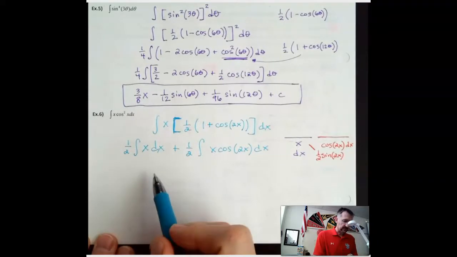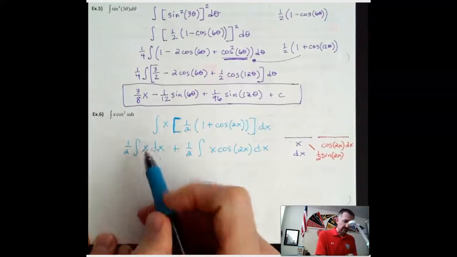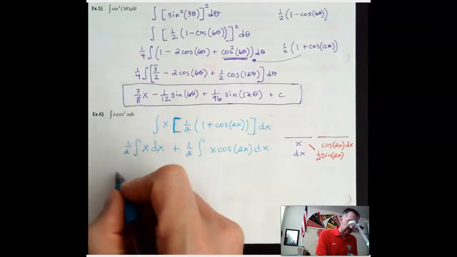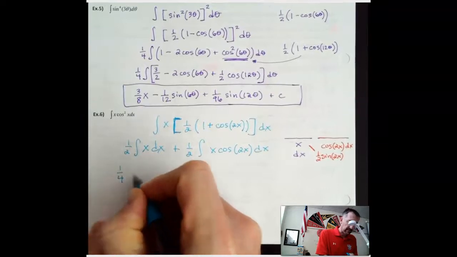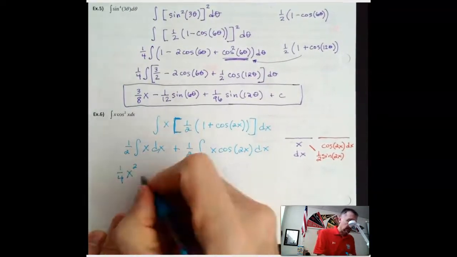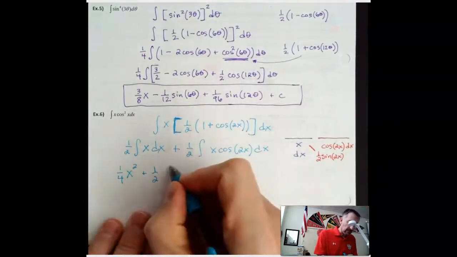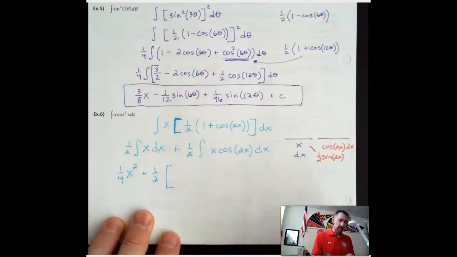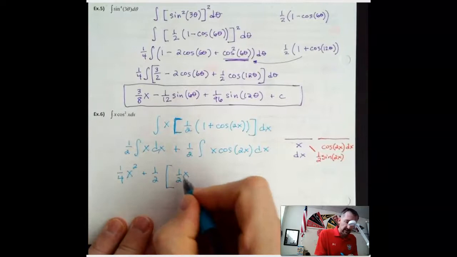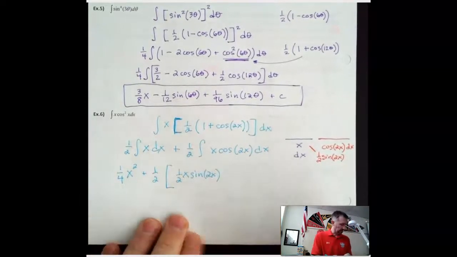This we can integrate, add 1 to the exponent, divide by the new exponent, so that's going to be x squared, and then that'd be 1/2 x squared, so that's going to be 1/4 x squared on that part, and then plus 1/2, and in here, we're going to get this. So that's going to be 1/2 x sine 2x